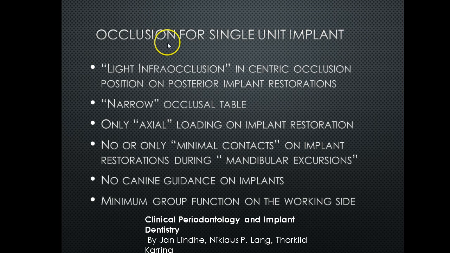So what are we looking for in occlusion for a single implant unit case? Things that we recommend: you want to have a light centric occlusion, eccentric occlusion, position on the posterior implant restoration. So basically what that means is you might want to have the crown itself slightly under the occlusion table. So therefore you have a light occlusion on the crown itself. So if you have an occlusion table, the top part of the crown is actually going to be a little bit below the occlusion. You also want a narrow occlusion table,